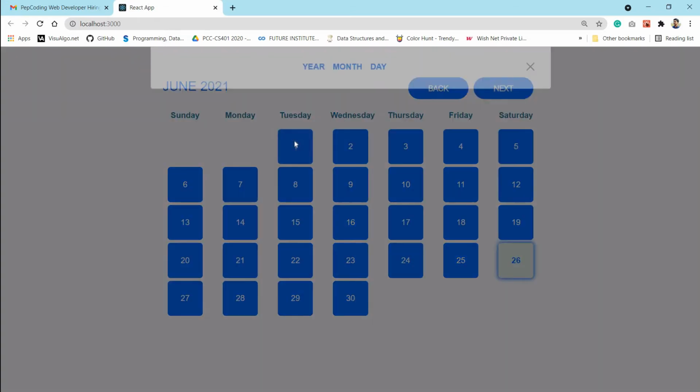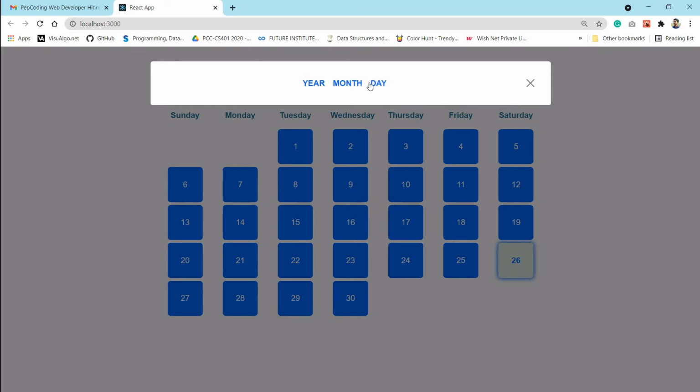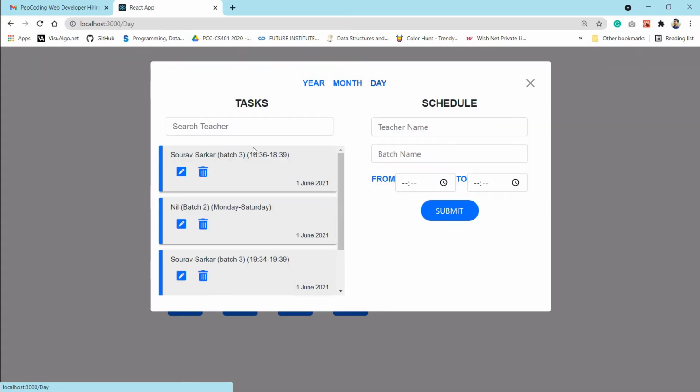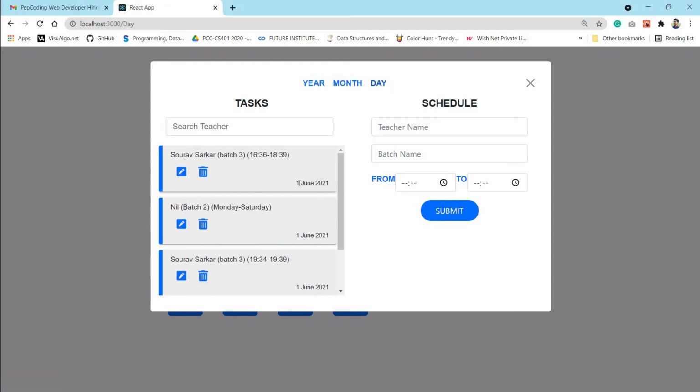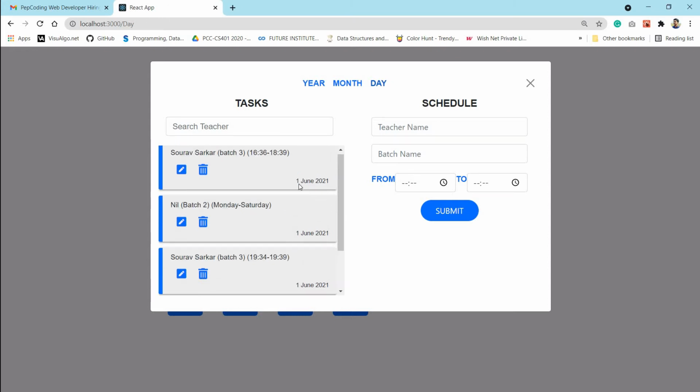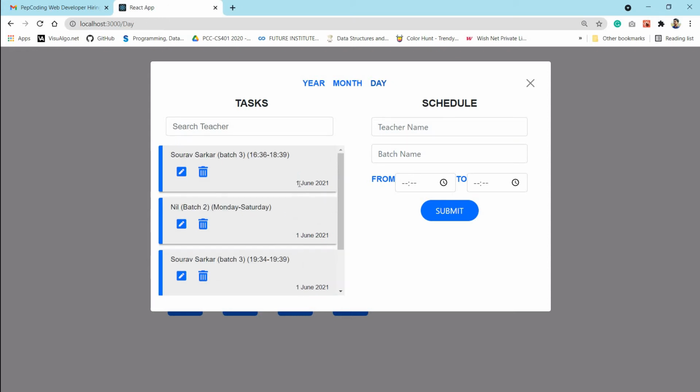So by clicking on the particular day, there are three options. We can schedule it on the day basis, like today. On a particular day, certain schedules are already made, on the basis of weekly, as well as on the basis of time slots.